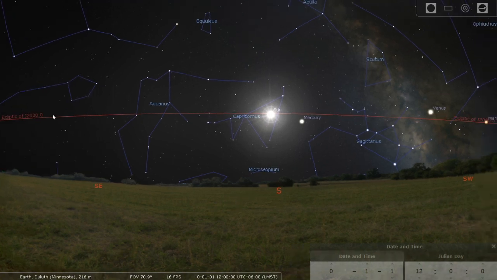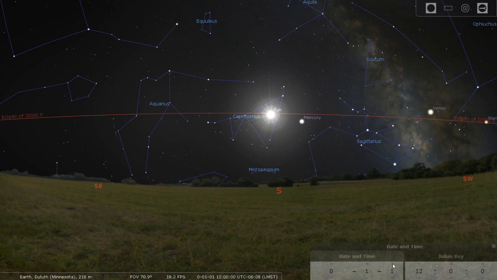And you'll see that there is this reddish line arching across the sky. This is the important line that we're going to be talking about today. This is known as the ecliptic. We know that throughout the course of a year, as the Earth orbits the sun, we see different things up in the night sky. That's because as the Earth orbits the sun, our view of the sun changes with respect to the background stars. So for us here on Earth, the sun appears to move across the sky against the background of stars.